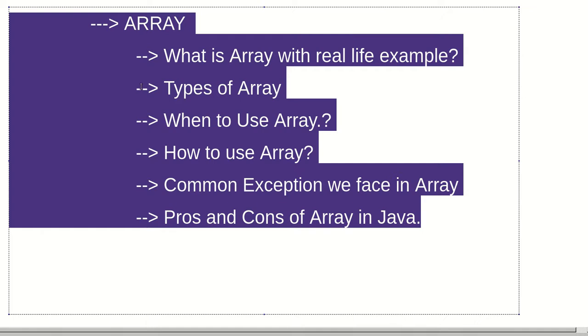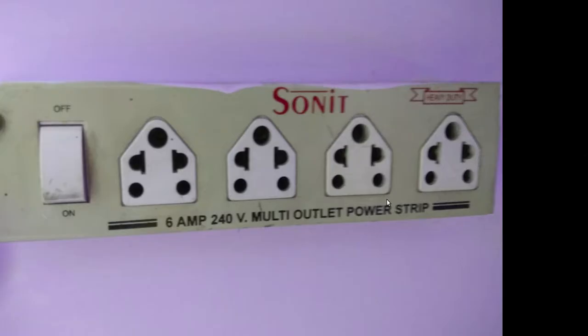In a real life example, if you just move your eyes around your house like me, I have just found this thing as an array. If you go to the bookish definition, a book says that array is a data structure that stores a fixed number of elements of the same type. If you can see here in the picture, this is an array. It can only store plugs into it, not spoons and not other things. So plug is the type of element, and it has a fixed number of plugs that can be inserted into this plug board, and that is 4. So this is the real life example of array, and this is a 1D array.